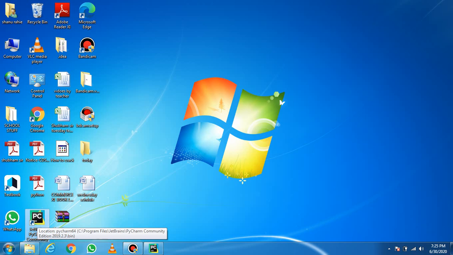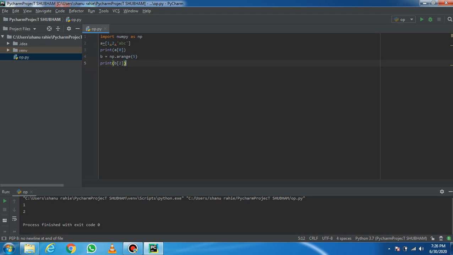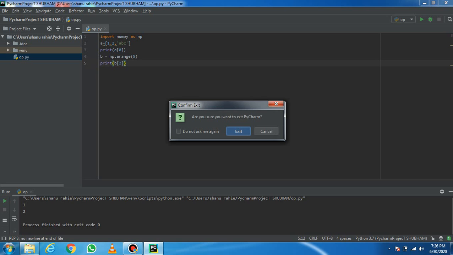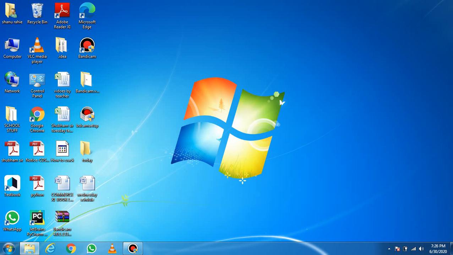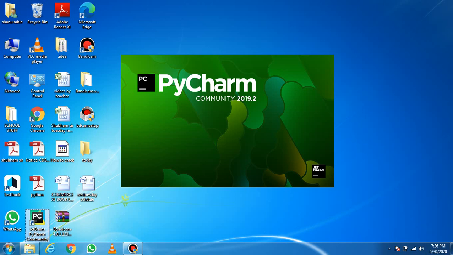First you have to start with PyCharm. This is the simple basic, so this is the basic starting page of PyCharm. Clear? You will get this kind of dialog box or front page of your PyCharm.